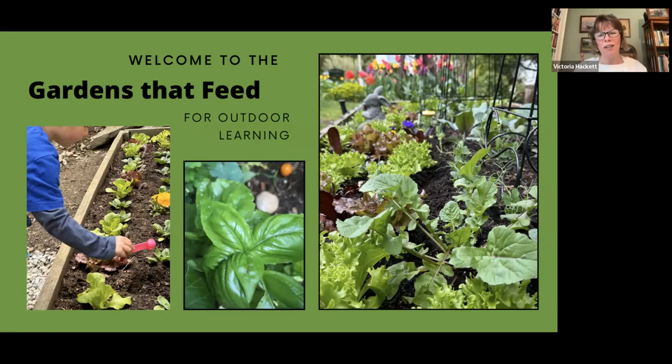The first one is the gardens that feed. This is obviously such an abundant opportunity to grow food in abundance and really teach children where food is coming from. The whole process of teaching in the gardens that feed, and then adding cooking to that piece, is enormous. So we've got the gardens that feed, learning how to grow food, and this is just some of the gardens in the Secret Gardens outdoor classroom here in Beverly, Mass.